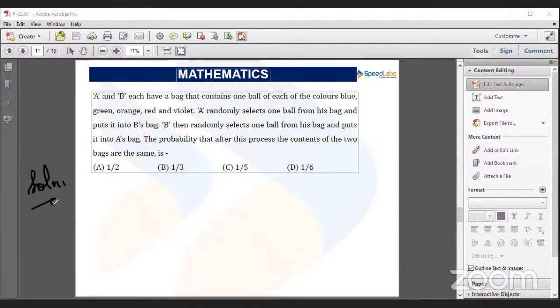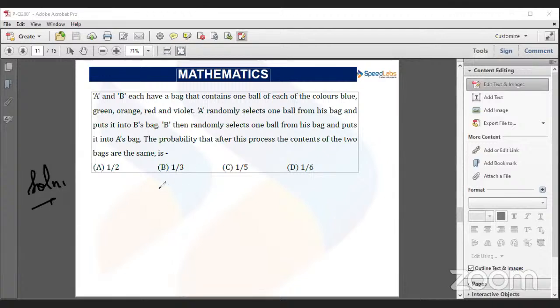A and B each have a bag that contains one ball of each of the colors blue, green, orange, red, and violet. A randomly selects one ball from his bag and puts it into B's bag. Then B randomly selects one ball from his bag and puts it into A's bag. The probability that after this process the contents of the two bags are the same is,